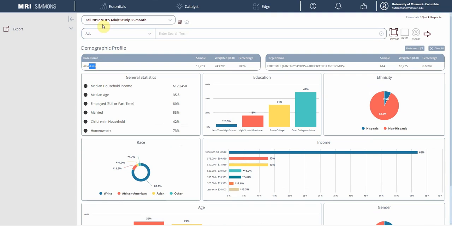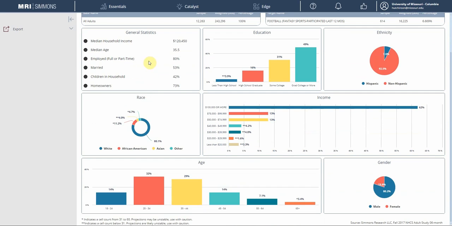The one that it's defaulted to is the adult 6 months. This is the sample size and the percentage of how many people, because it is all of them within this study. And then the sample specifically of people who have participated in fantasy football within the last 12 months. So as you see, it's broken down by a lot of different things. Some general stats, ethnicity, education, income,